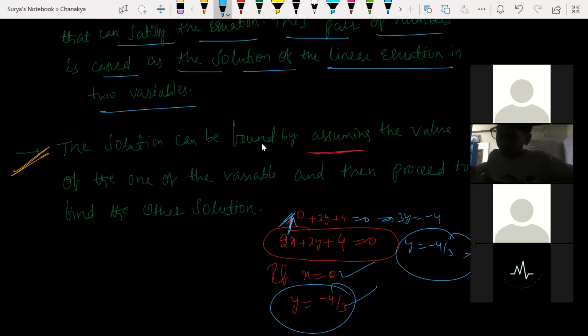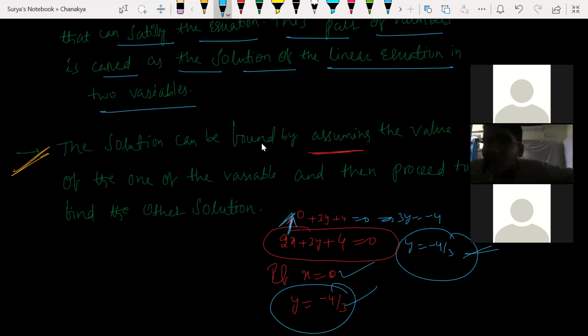Getting my point? Sir, we can take x as 8 or 9, something like that. 1, 2, 3, 4, it could be anything. You can assume. I'm just telling you, it could be anything, for example. It depends on the question. Sometimes he might give the x value in the question and ask you to find the y value. Sometimes he might give the y value and ask you to find the x value. It completely depends on the question. We'll solve multiple types of questions, and you might understand in a clear cut way.